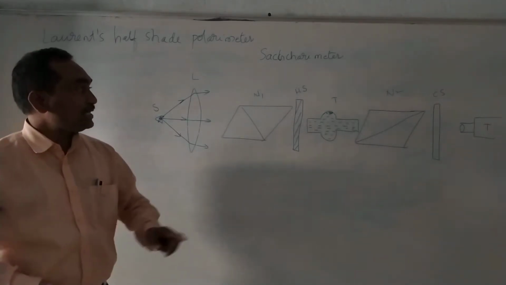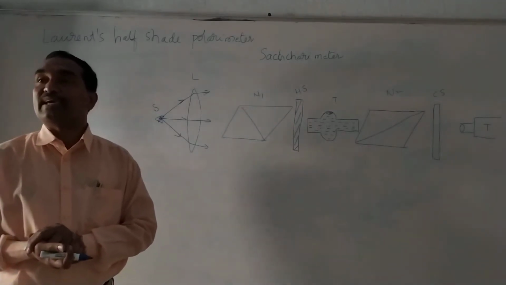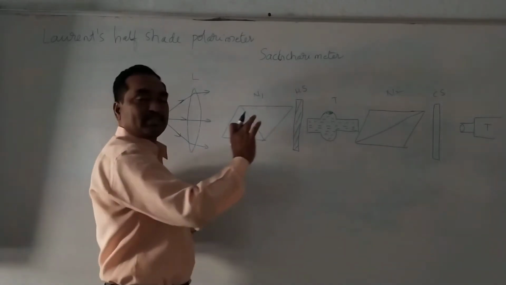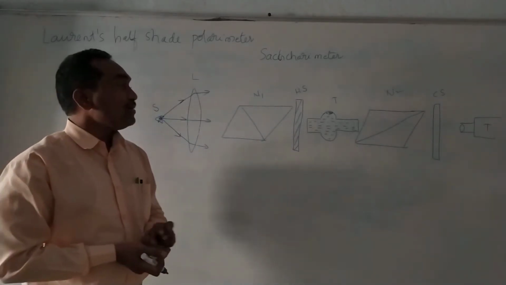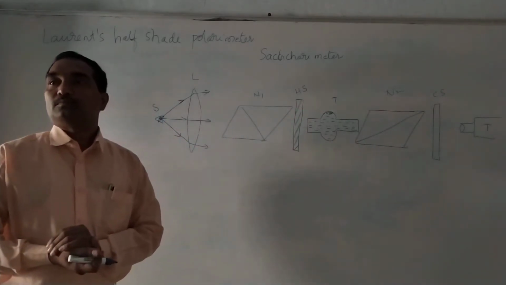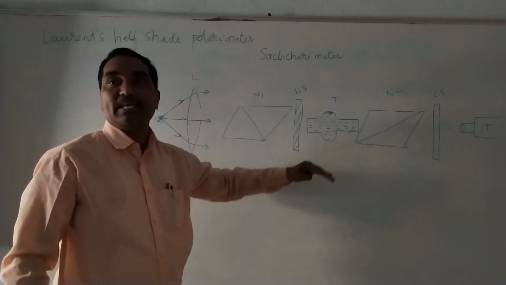Our new concept is the half-shade device. What is the importance of this half-shade device? If there is no half-shade device, then what happens? Initially, we will assume that there is no half-shade device, and there is some liquid placed in the